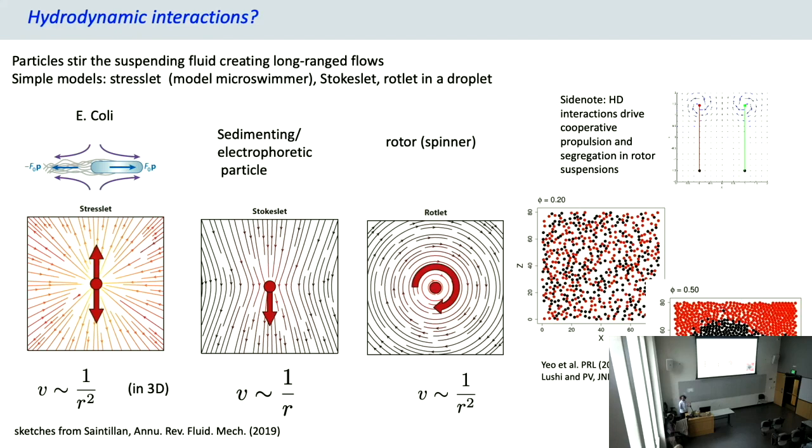So that's why the hydrodynamics makes things much more complicated, because what they call in physics aligning, misaligning interactions, they really depend on where these particles are relative to each other.